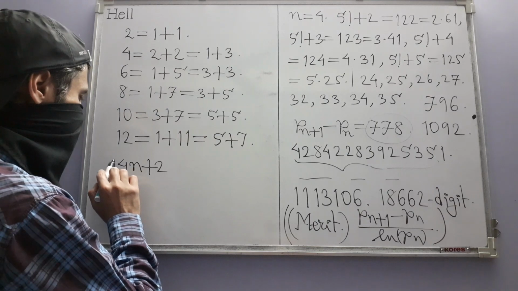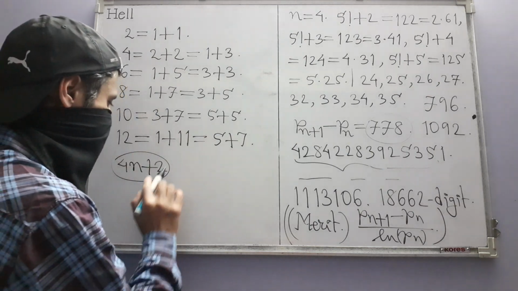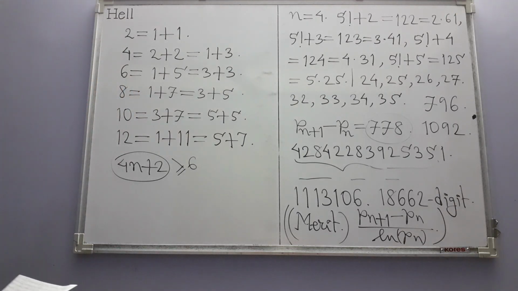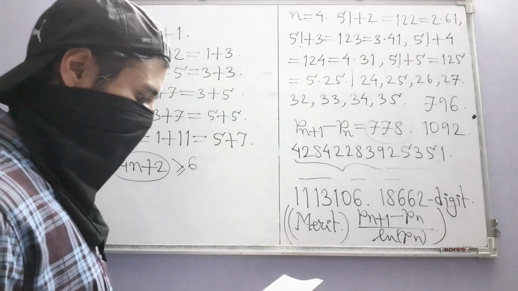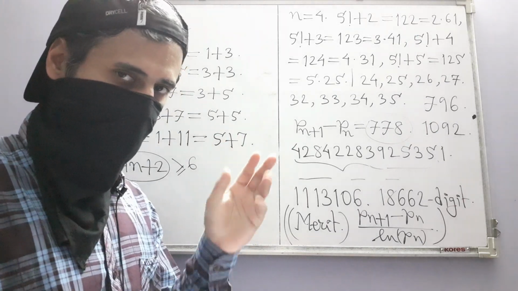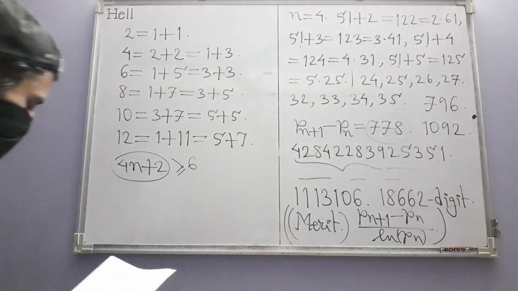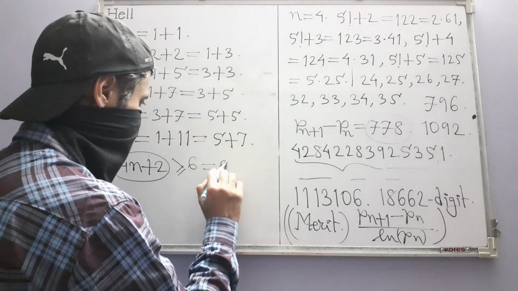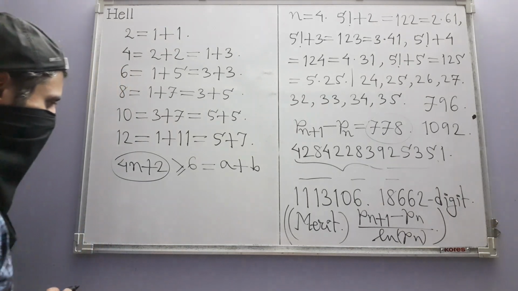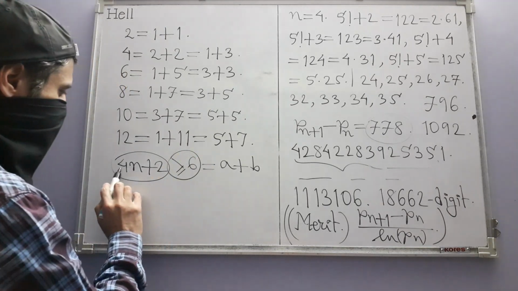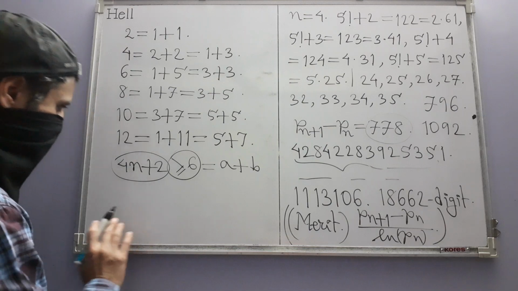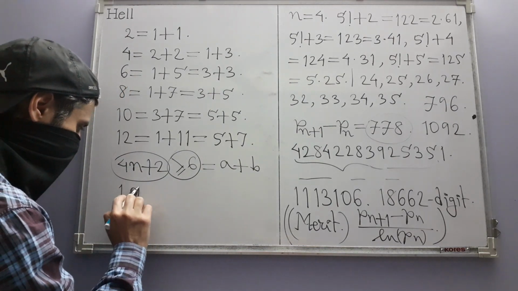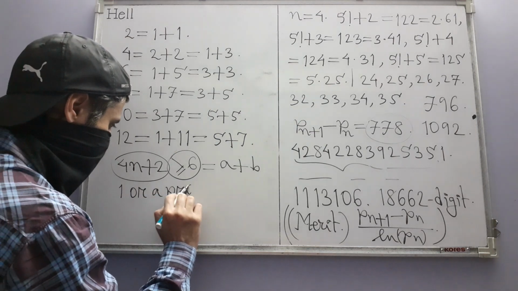Every even integer of this form, 4n plus 2, and greater than or equal to 6, can be written as a sum of two terms, again like Goldbach's conjecture, say a plus b, where each one of them is either 1 or a prime